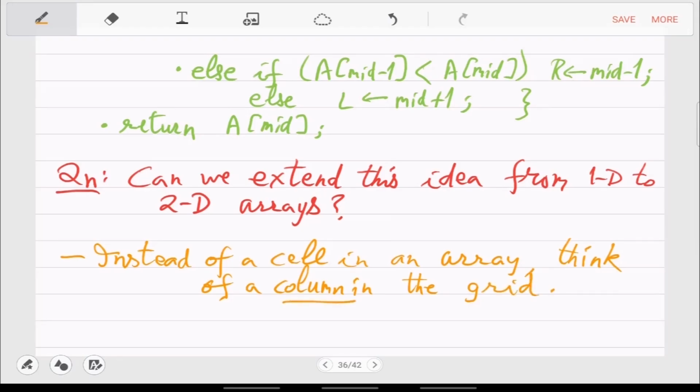So basically you will now have the matrix. There will be a left column, a right column, and a middle column. The middle column has how many elements? N elements. Everything is so arbitrary that to find the minimum in the middle column, you have to spend n time. You cannot avoid that because the grid is completely arbitrary. There is no sorting, there is no order whatsoever. So that will be order n time. Let's analyze that and see what we get.